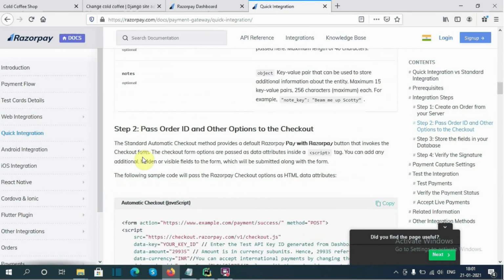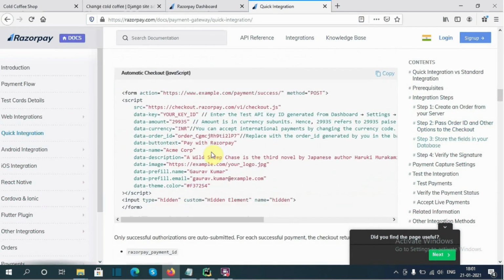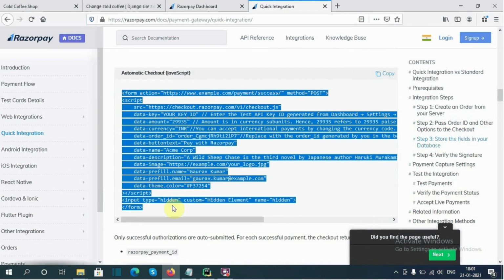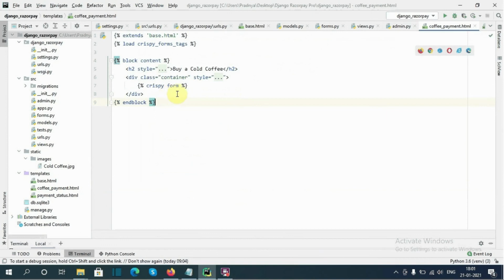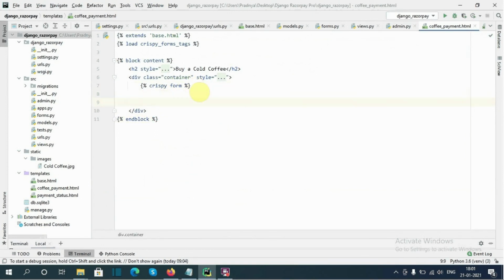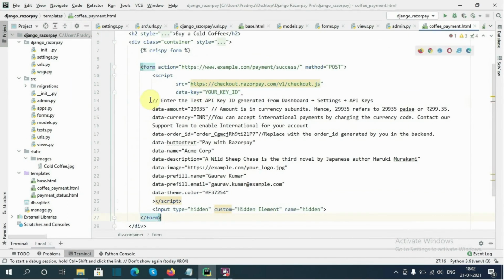Next, here we need to create a Pay with Razorpay button using this checkout form. So I will copy this, and in our payment.html page, inside the container I will paste the form. Okay, let's remove the comments.